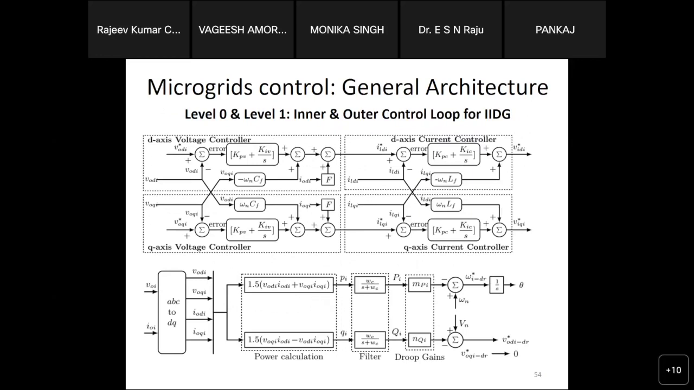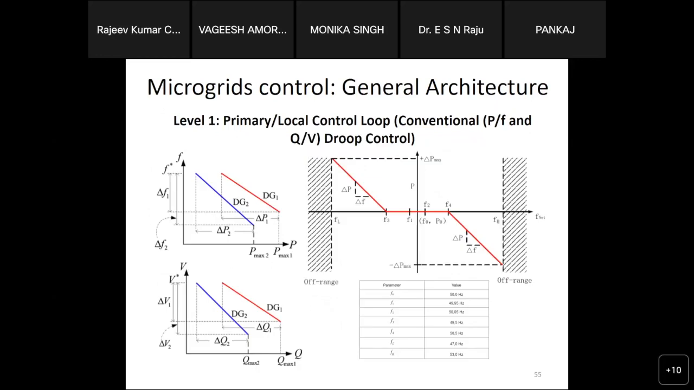And then in the second figure, in the down figure, I have shown the power sharing controller based on the conventional droop. So this is how we are implementing the primary local droop control. As we know, we have well-established droop control for conventional synchronous generation. The only thing is, when we are